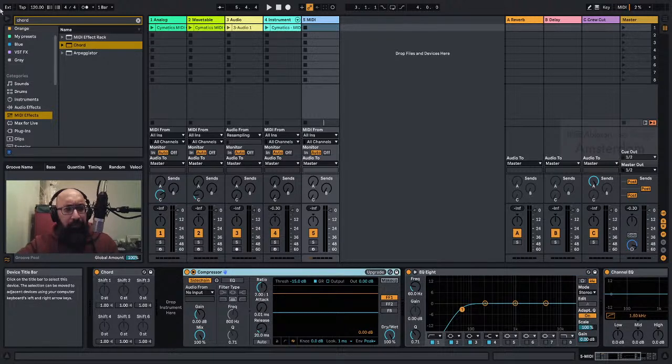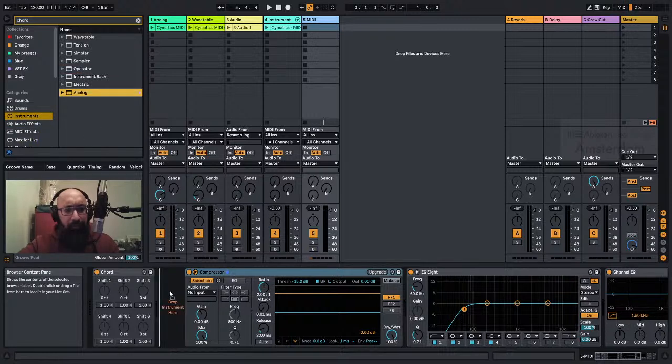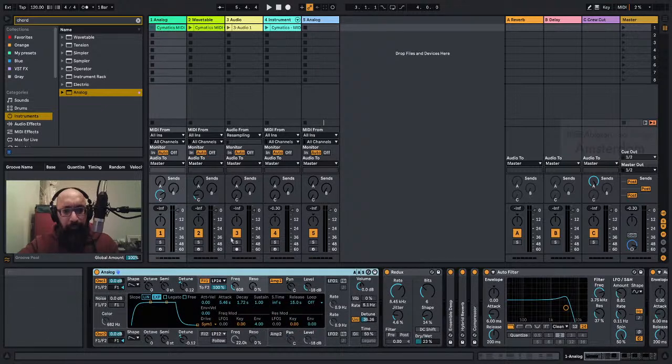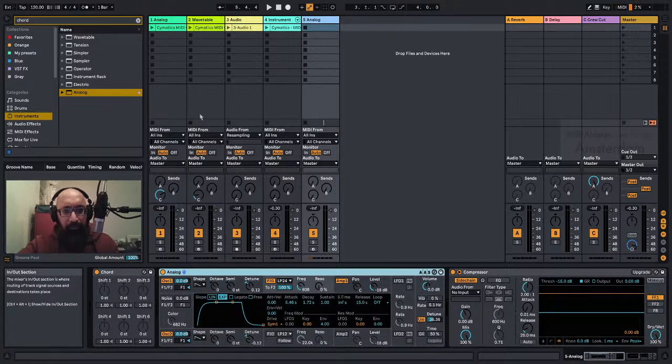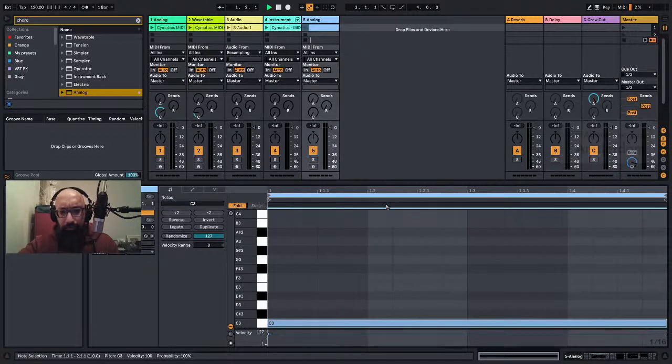Oh, maybe I can't. Instrument, analog. And then try. So to borrow it, I do right click, copy, and then if I right click and paste, all the settings are set to whatever I copied. So here, C3, because it's